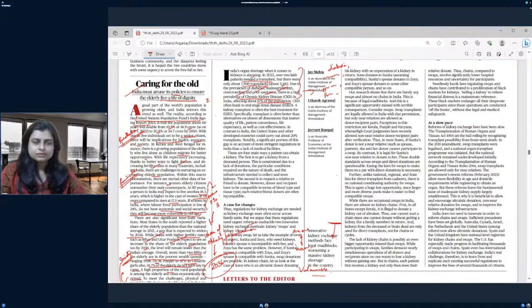Now, chronic kidney diseases often lead to end stage renal diseases. Kidney transplant is often the best treatment for this renal disease. Specifically, transplant is often better than alternatives on almost all dimensions: material quality of life, patient convenience, life expectancy, as well as cost effectiveness. In contrast to India, the US and other developed countries could carry about 20% transplant. Notably, a significant portion of this gap is on account of more stringent regulations in India than a lack